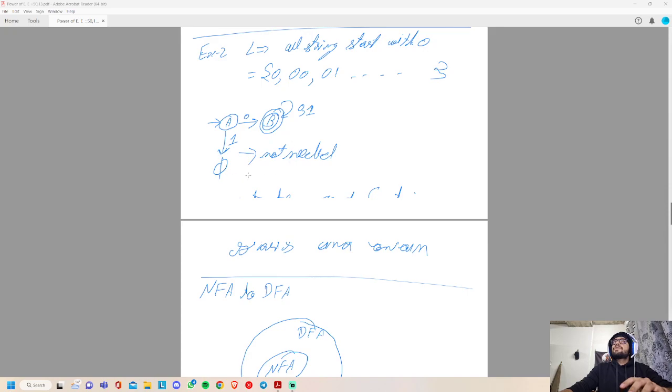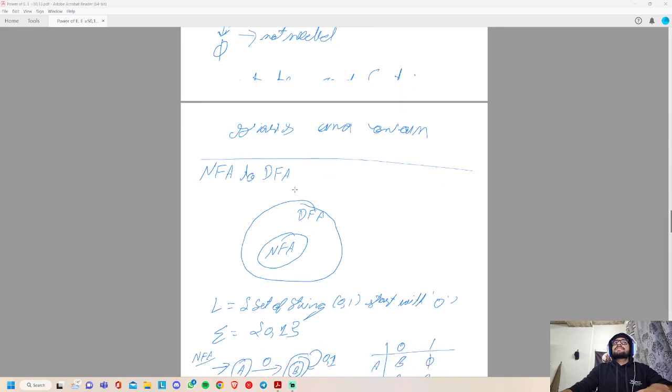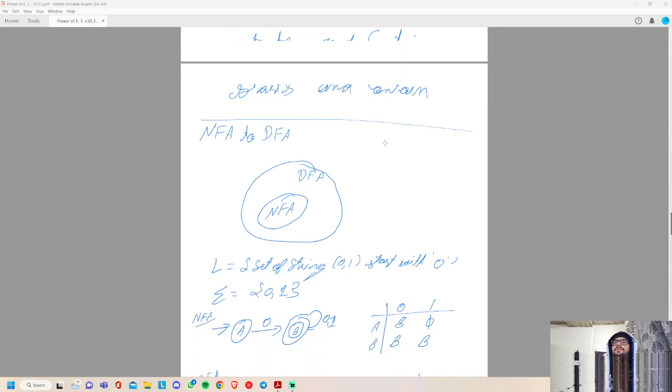In this, we do not need to check where it goes on 1. In deterministic finite automata, we have to define where it goes, but in this we do not have to define this. It goes to phi if it gets 1. That is the beauty of NFA.